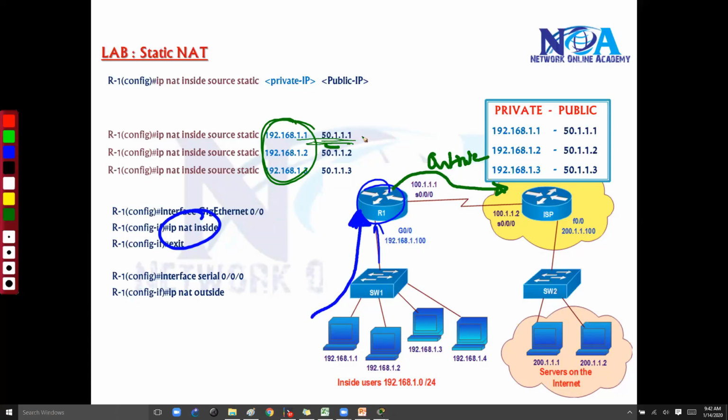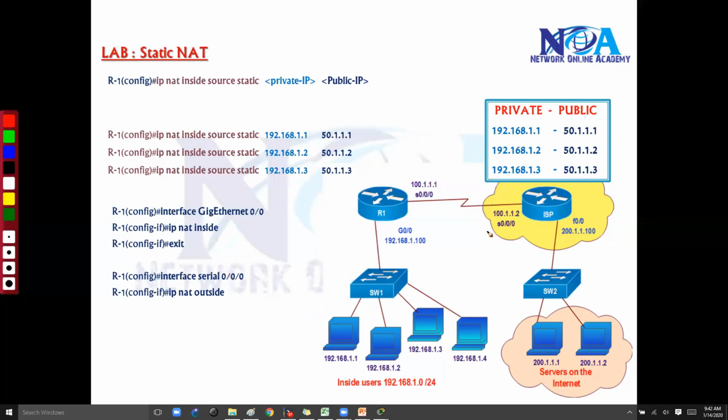So when the traffic is leaving this interface, S0/0/0, it will be translated to this address. So from which interface you receive and from which interface you translate, that you have to tell. The outside interface is nothing but the interface where you want to change the source address, or apply NAT when the traffic is leaving this interface.